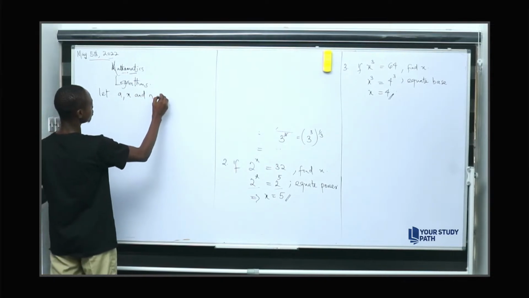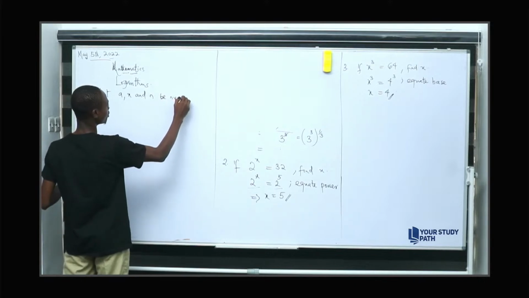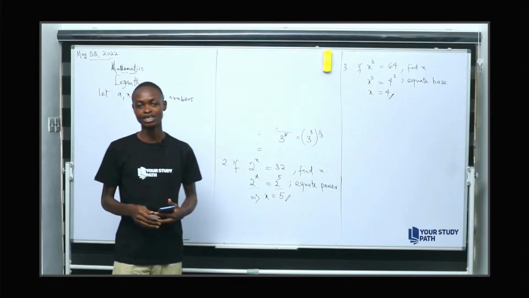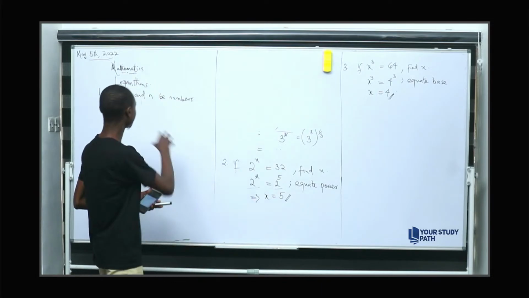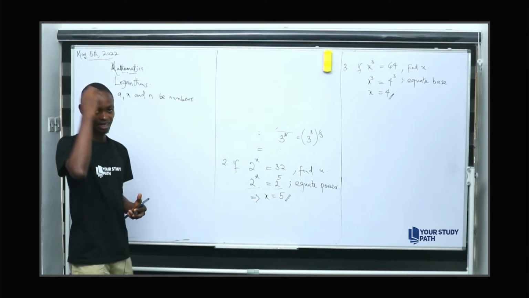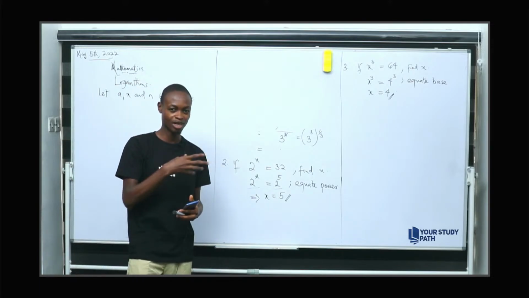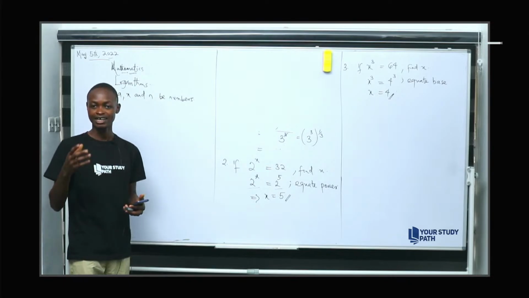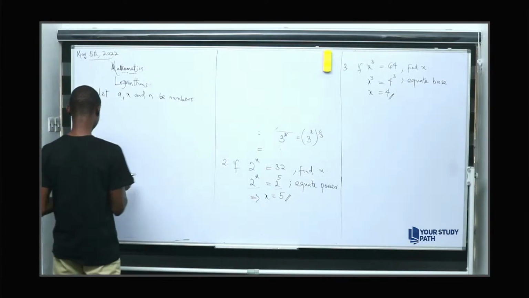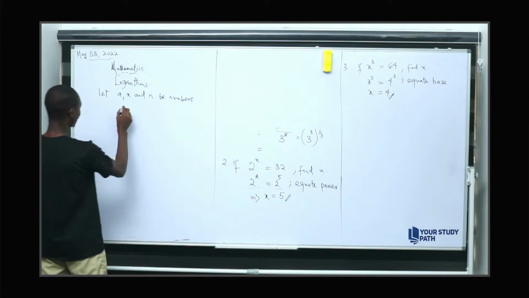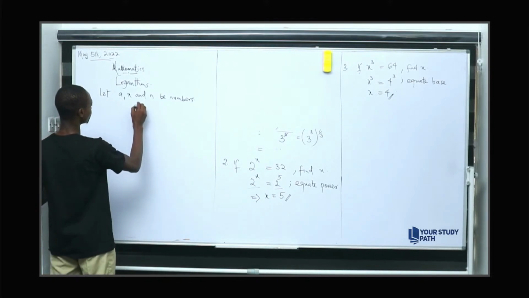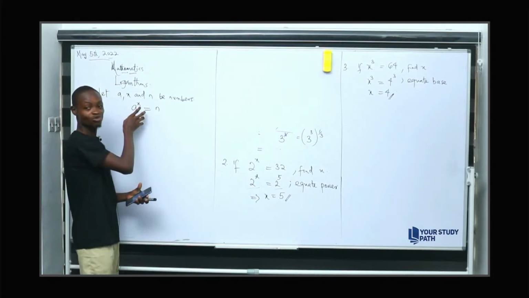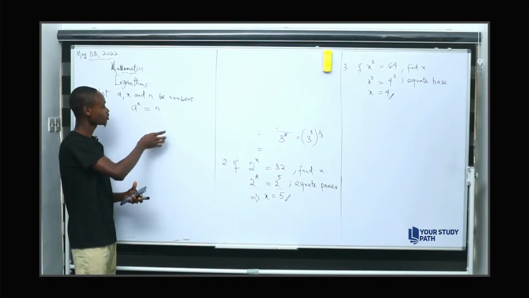So let's pick 3 arbitrary numbers, right? Remember that the core concept of mathematics is always led by the assumption of numbers, right? These letters are just basic letters. They just mean that for any number you pick, the assumption will always hold. It's just like a generalization on our part. So let's pick these numbers, and then, of course, indices will tell us that a raised to the power x will give us n,